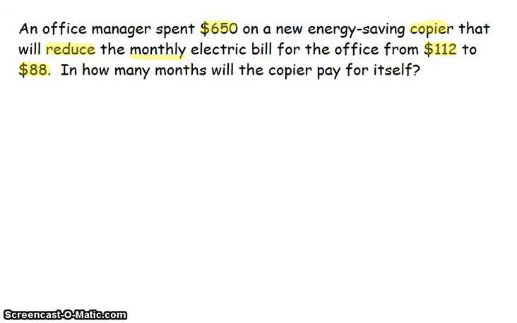And the big question here is in how many months? So months is very important here. So what you should have done hopefully there is written out what your variable represents. And I'm going to use M to represent months. So let's think about this logically. You were the one that was paying the bills. How much were you paying every month for the electricity? Well, if you were the person paying the bills, you were paying $112 every month. Now, we don't know how many months. That's our variable. So we were paying